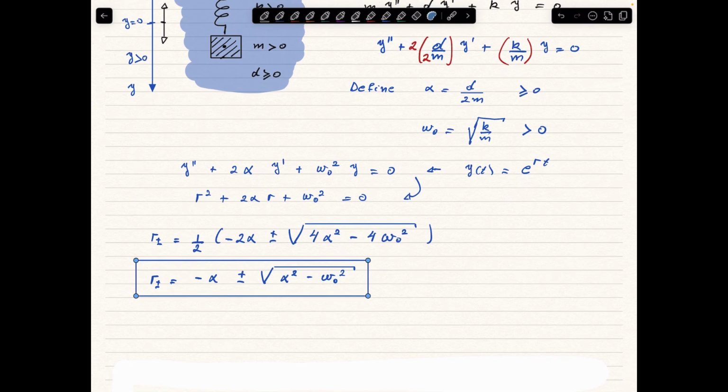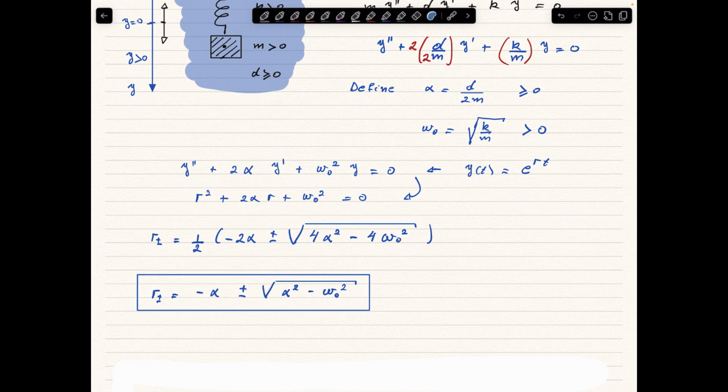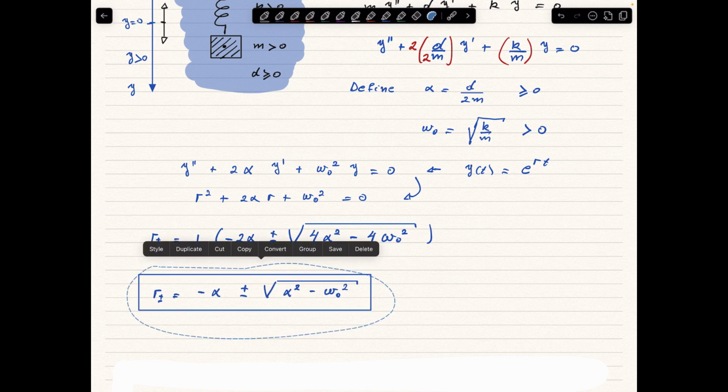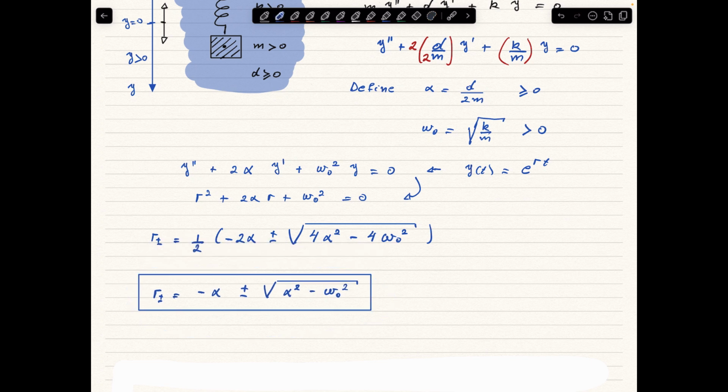So maybe we can move this expression a little bit down here, so there is a little bit more space, and recall that alpha is related to the damping coefficient by this formula, and omega 0 squared that we have inside the square root is nothing more than k over m. All right, so let's emphasize that in here. And now